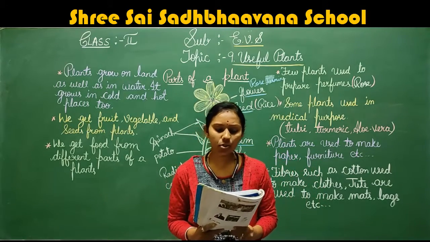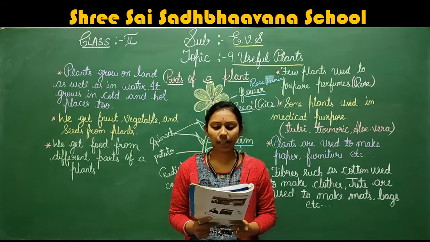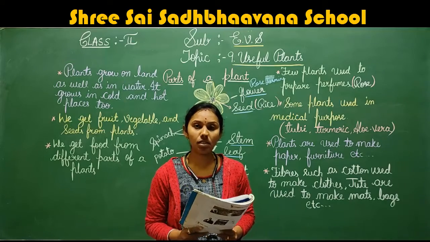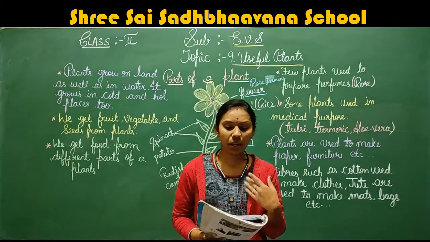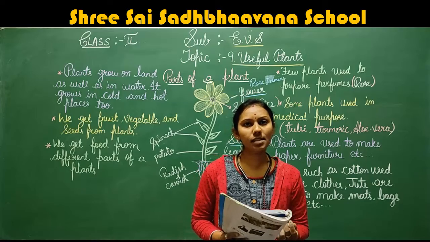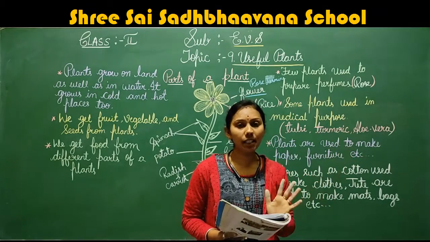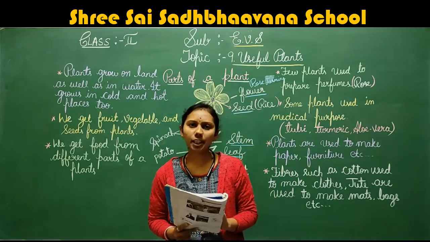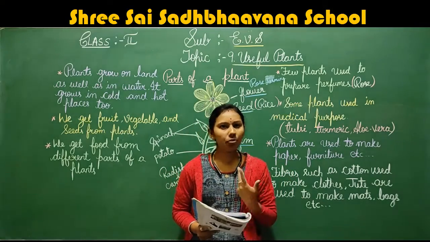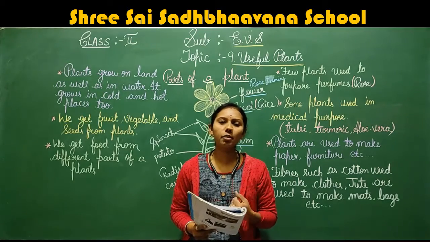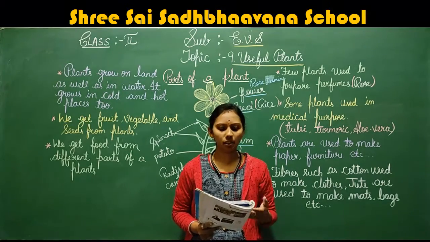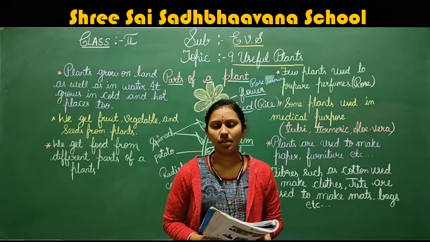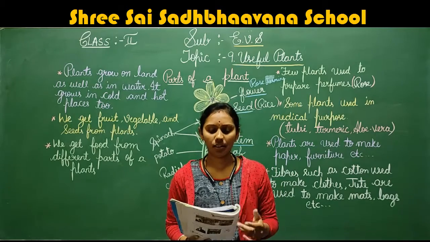plants are very useful to us. They give us many things. They also clean the air around us. What will these plants do? They help us to keep the air clean around us. Why do we need air? To breathe. We need fresh air to breathe, no? How will the air be fresh? By the plants. It is purified by the plants. So we will get fresh air.